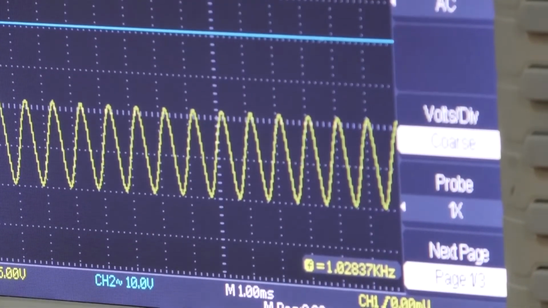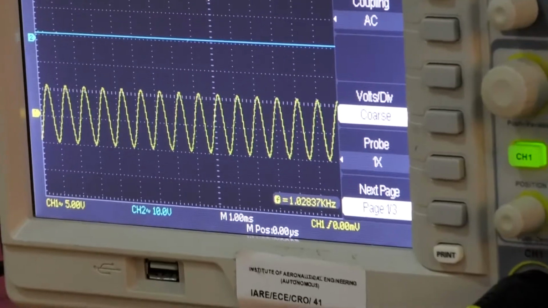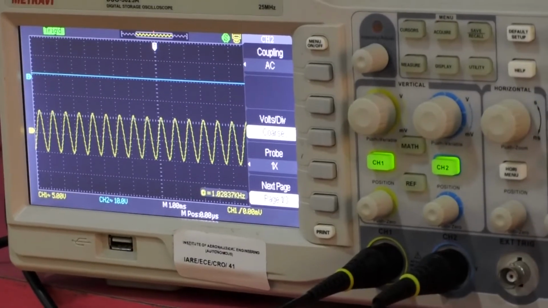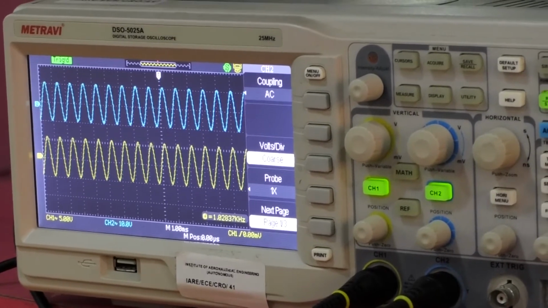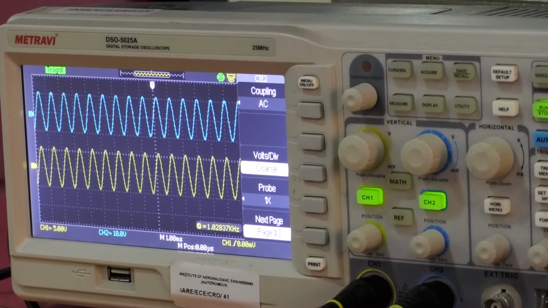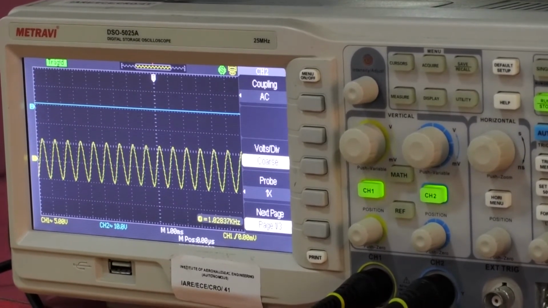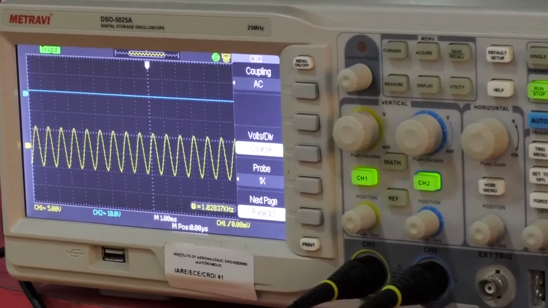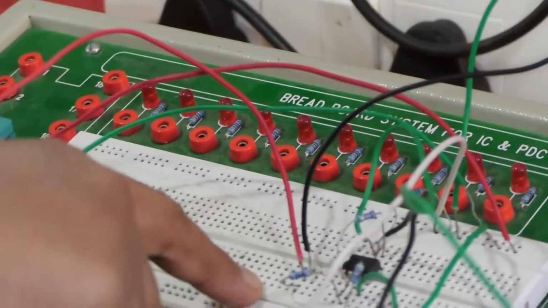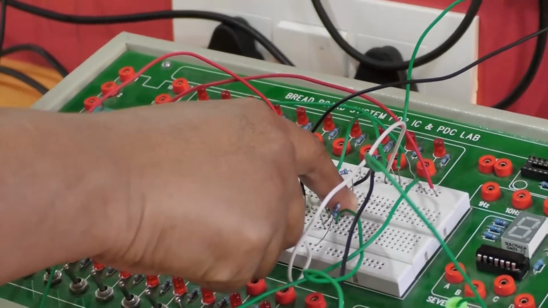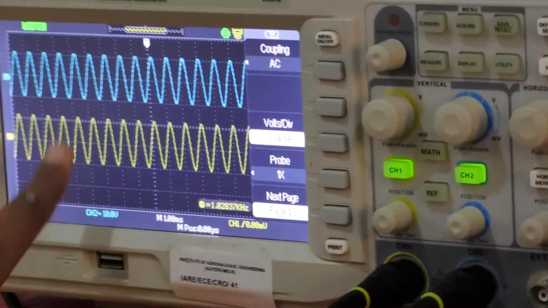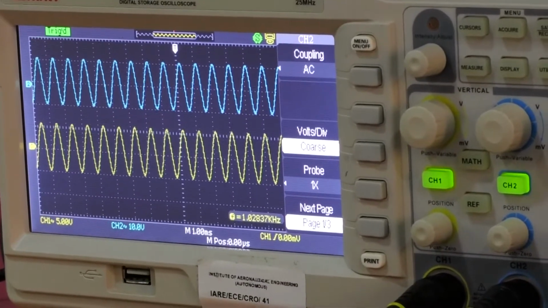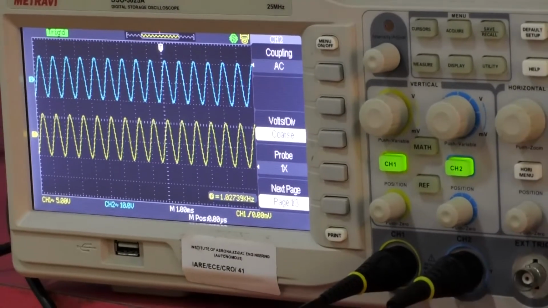So using the formula, as we know the theoretical concept of this non-inverting amplifier, the gain A equals 1 plus Rf by R1. Here I am using two identical resistors, which are 10 kilo and 10 kilo. So 1 plus Rf by R1, 10 gets cancelled, its value is 1. Then 1 plus 1 becomes 2. Then 2 into 5, we are giving input as 5 volts here. Then 2 into 5 becomes 10 volts as the output voltage. So this is about the non-inverting amplifier.